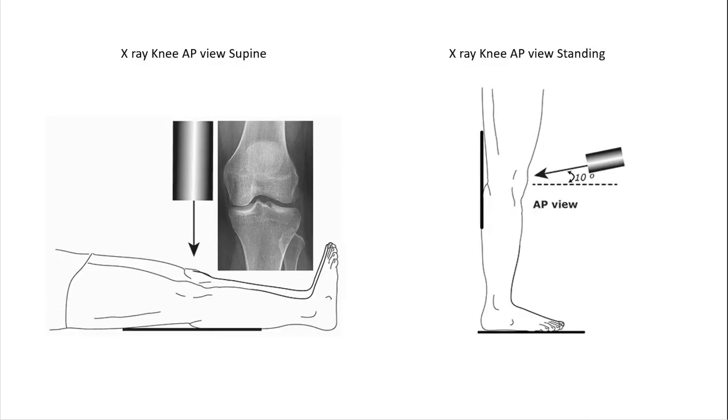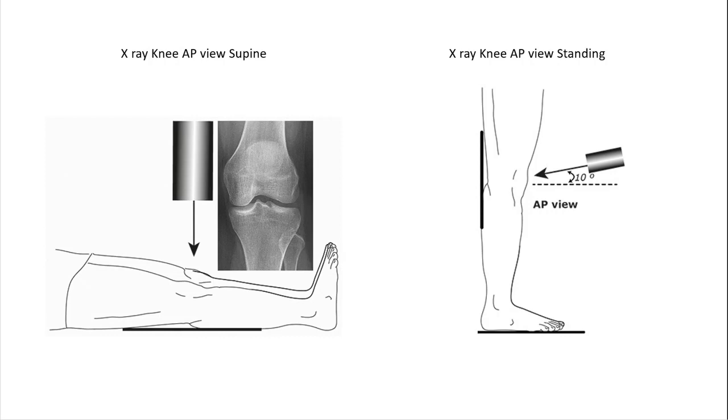Then coming to the x-rays of the knee region. We can take the x-ray of the knee region in the AP view, right, in which the x-rays enter the patient's body from the anterior aspect and exit from the posterior aspect, where the photographic film or the sensor of the x-rays is positioned. Now this can be taken either with the patient lying down supine or with the patient standing erect. What is the difference here is that with the patient standing, the knee joint is loaded and we can see an actual representation of the joint space.